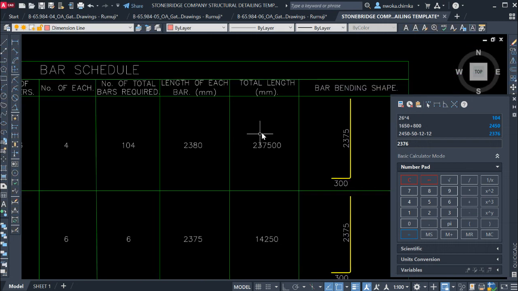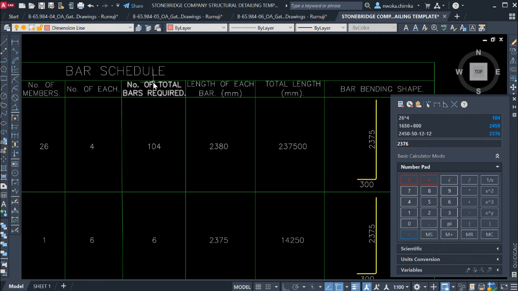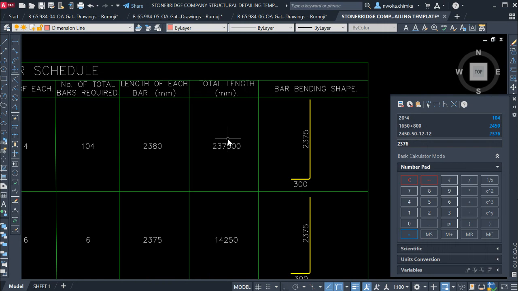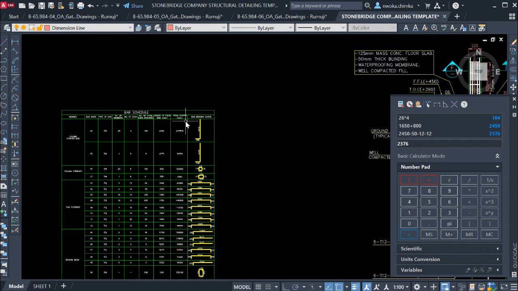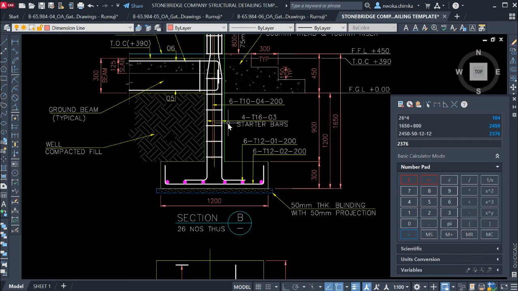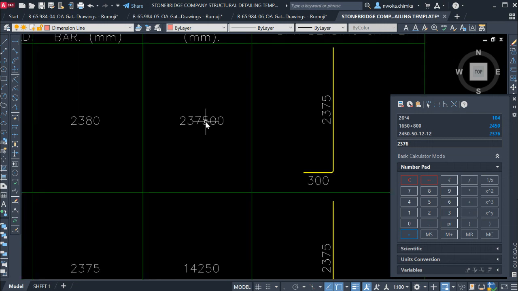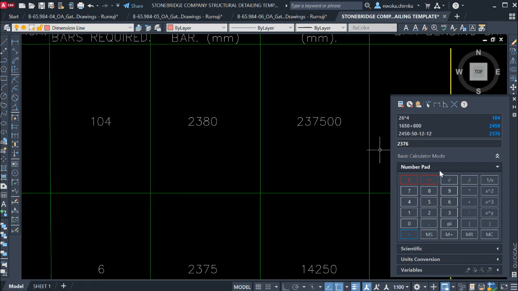Okay, so right now the next thing to do is to get the total length. So this is the length of one of the bars, and the total number of bars is 104. So we have to now multiply this 2380 times this to give us the total length of the reinforcement that will be needed for this building, based on just the column base foundation. So we will now multiply 2380 by 104. This gives us